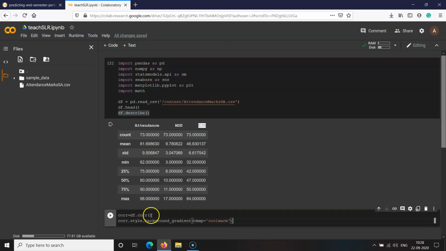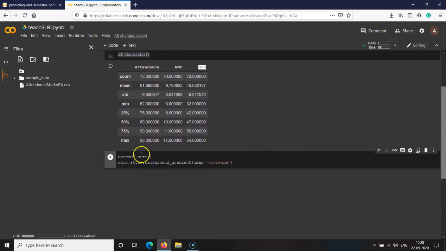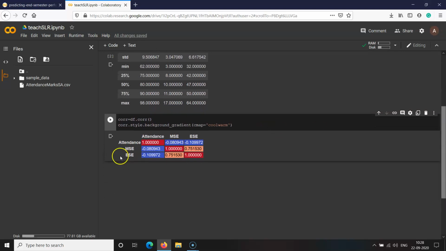There is one command on the data frame called corr, which stands for the correlation analysis, and we can print its output in a somewhat visually appealing way through the command background gradient, which will display the correlation analysis result. This is called the correlation matrix.